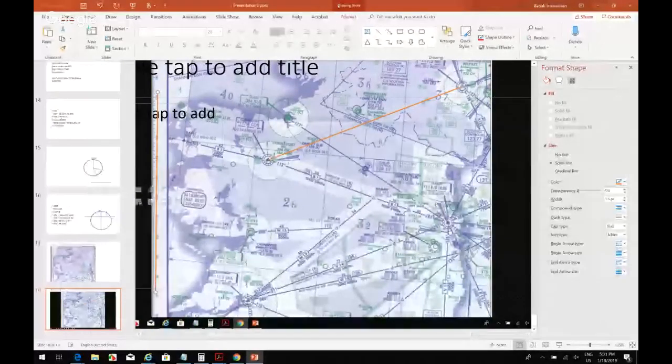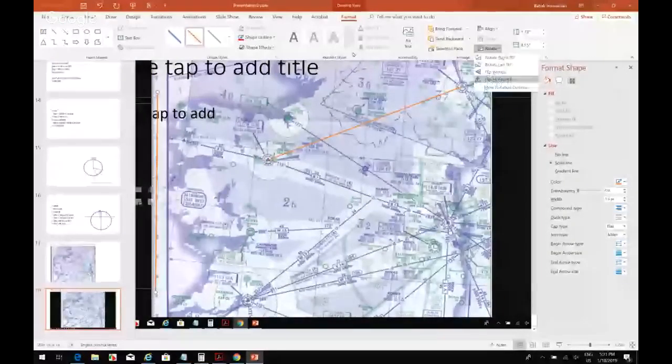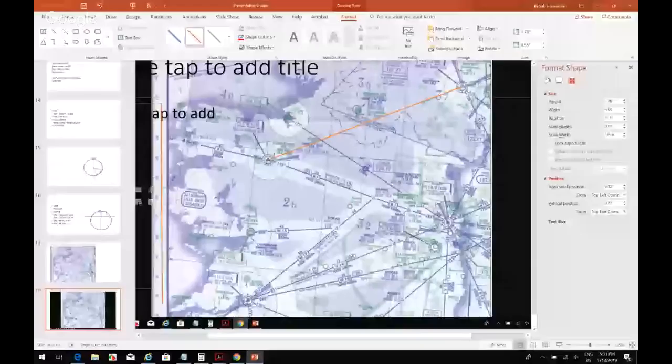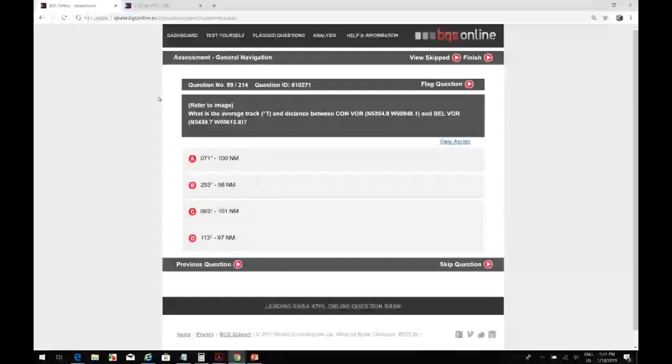Rotate. Yeah, that's straight. So if we go from 70 to 170, it's about 100 nautical miles, just over 100 nautical miles. 100 nautical miles, and we said about 71 true. Oh, I got that wrong. 63